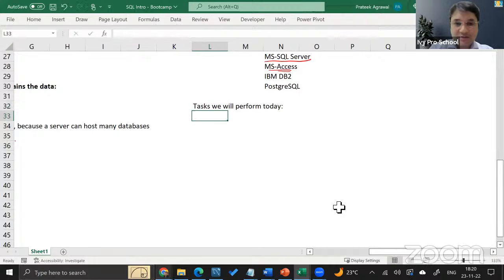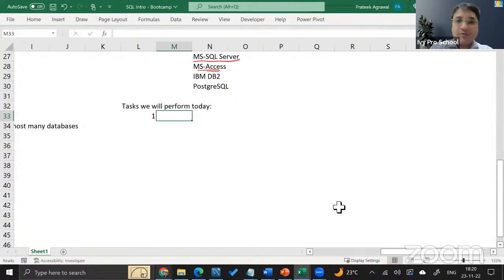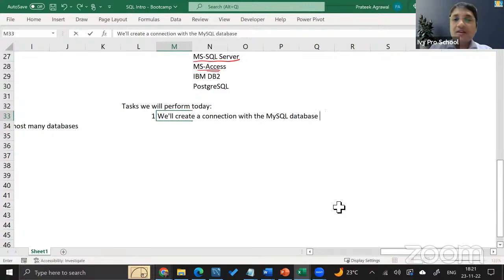I do have slides on it, but I'm not a very big slide guy. I don't like to use a lot of slides in my trainings. So the task that we will perform is that we will create a connection with the MySQL database, which I have hosted on AWS Cloud.